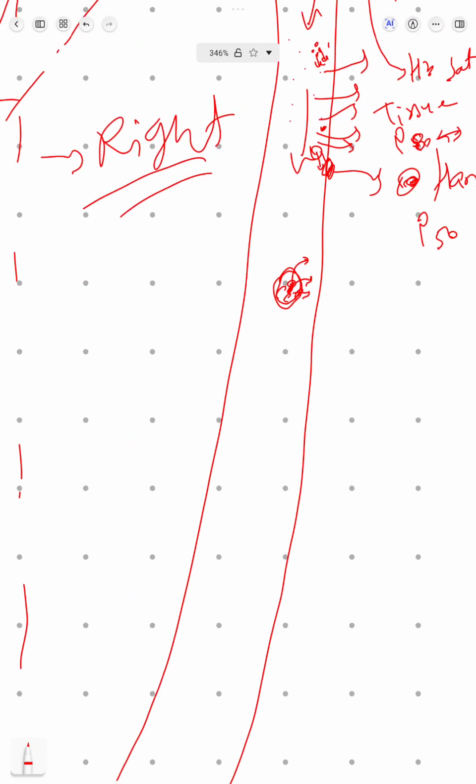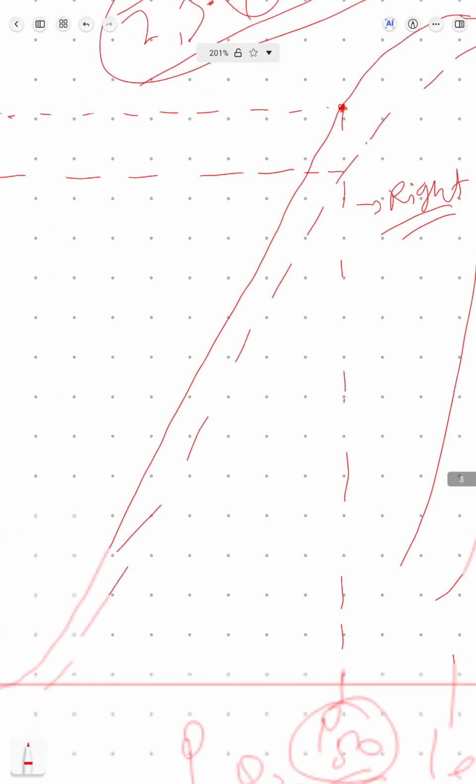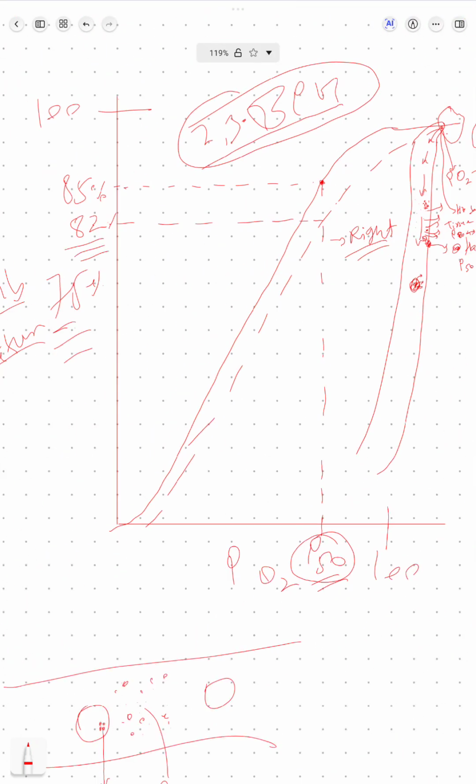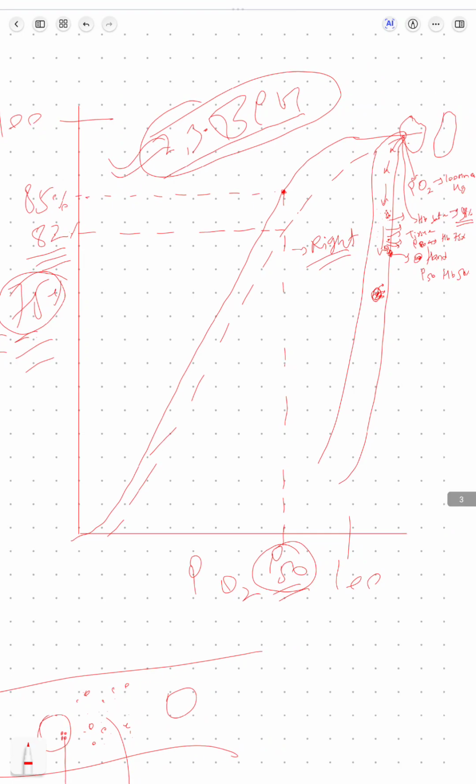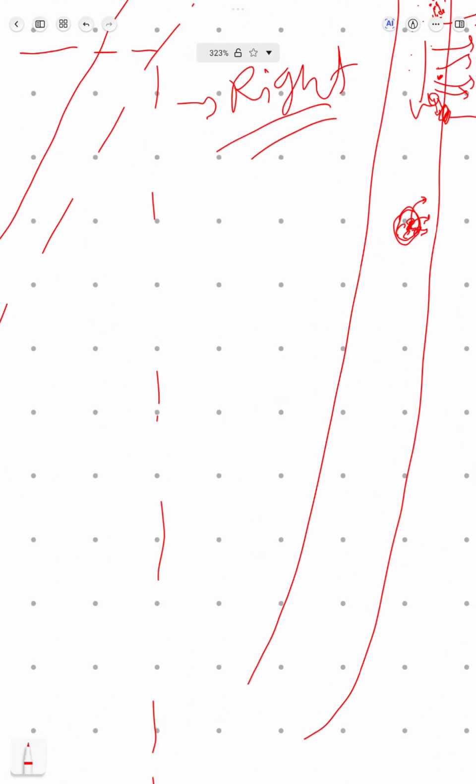This BPG makes the hemoglobin release oxygen, decreasing its saturation. Generally these cycles continue as the hemoglobin saturation and partial pressure decrease in a sequential manner. But what this 2,3 BPG does, it creates tension in hemoglobin and